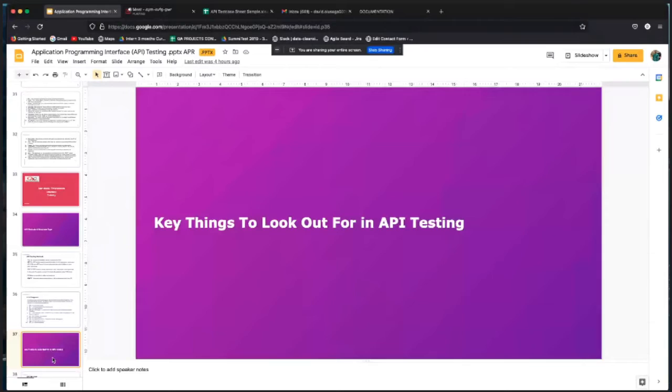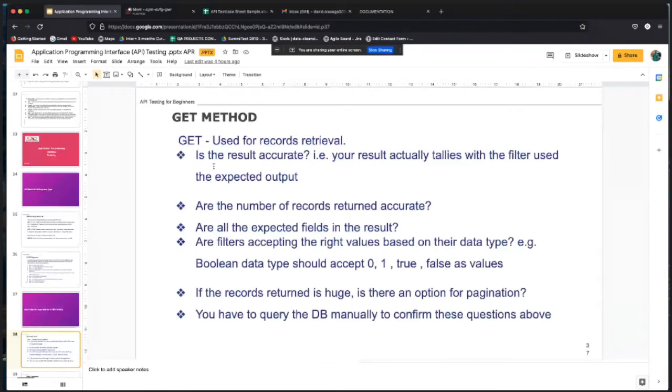Also, the key things to look at while testing an API, which I mentioned in the last class. For the GET method, we use it to retrieve data from the server, and we check if the result is accurate. That is, your result exactly tallies with what you filtered.